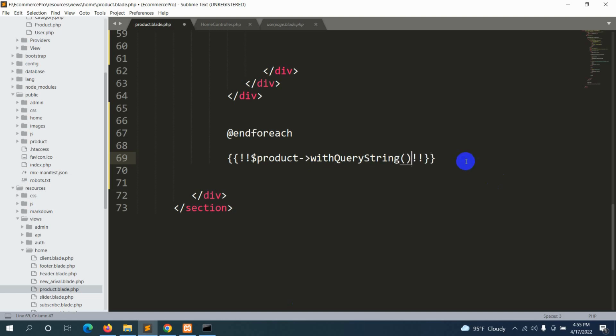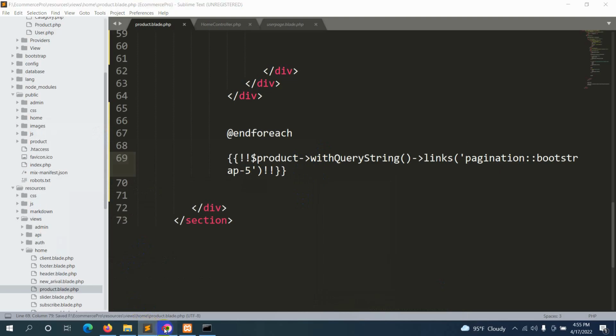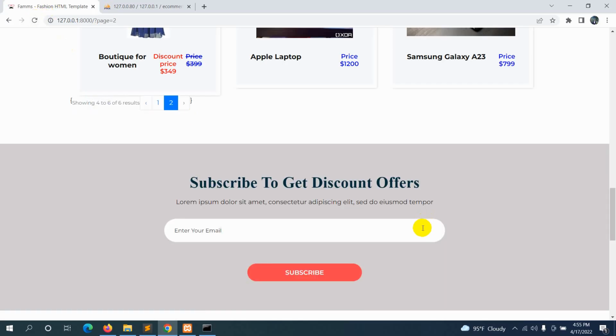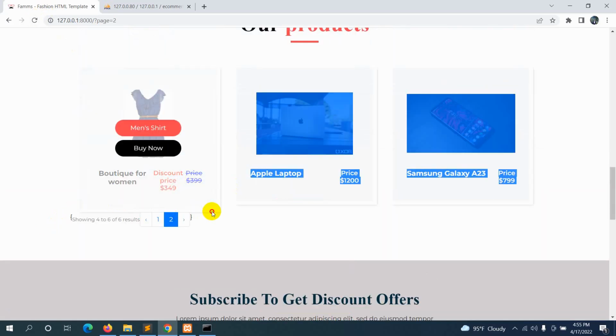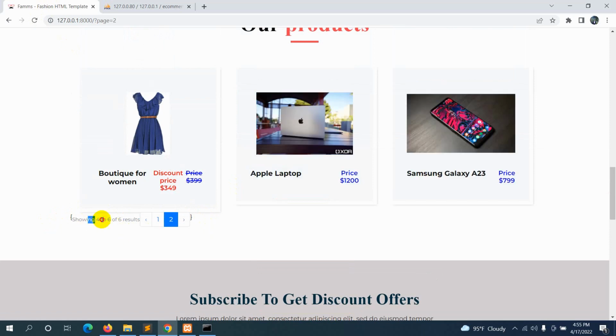We'll give two first brackets, then this arrow sign, and we'll say links, two first brackets, then two single quotation marks, and inside it we'll say pagination double colon, and mention bootstrap. It will be bootstrap 5, let's say. So let's save it. Right now if we refresh here, you can see it's looking like this, showing 4 out of